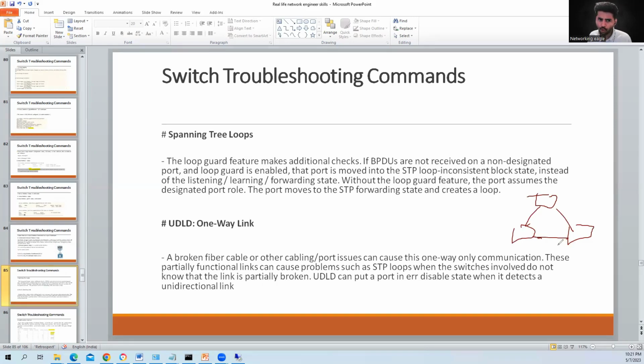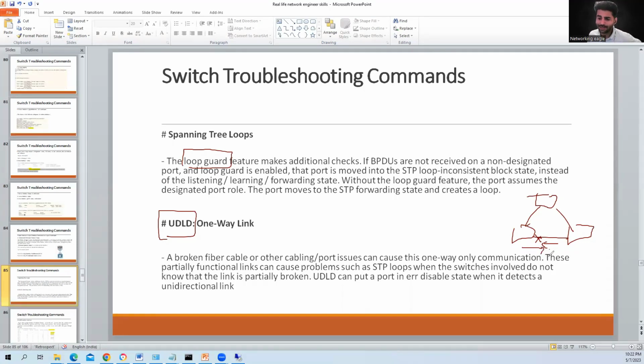So when you're doing the spanning tree configuration, make sure that it is configured, but in addition we also need to enable the loop guard and UDLD features. I'm not going to explain these in detail here, but let's say you have this blocked port. If somehow this blocked port stops receiving BPDUs,